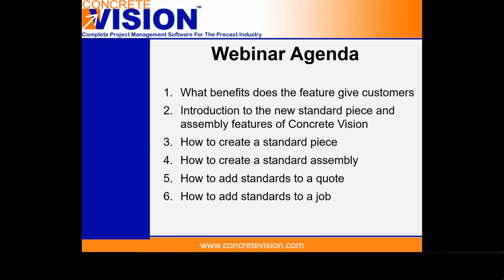What are the benefits that they give you as a customer? We're going to introduce you to how they work, how you would create a standard piece, how you would create a standard assembly, how to add standard pieces and